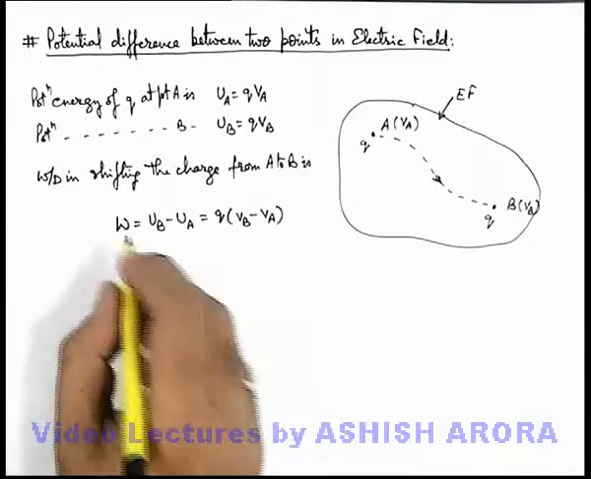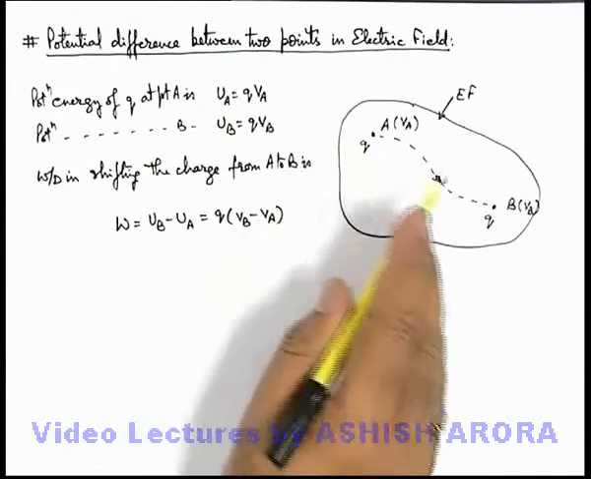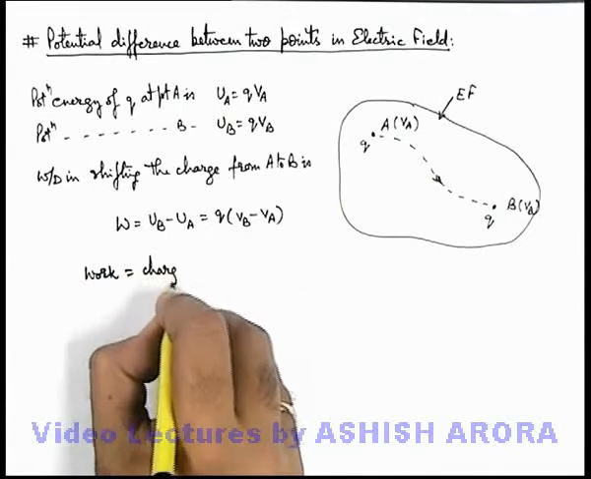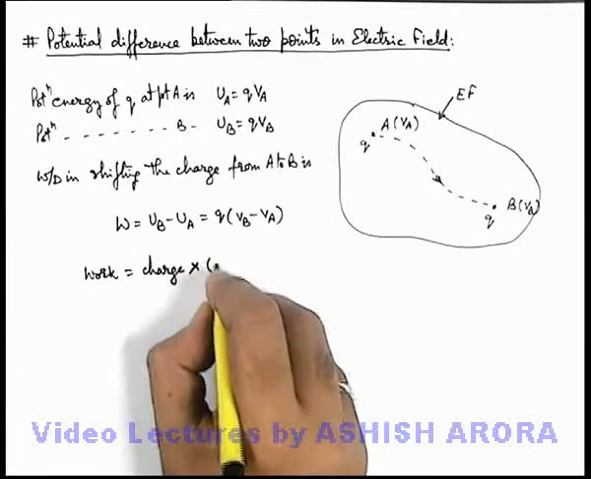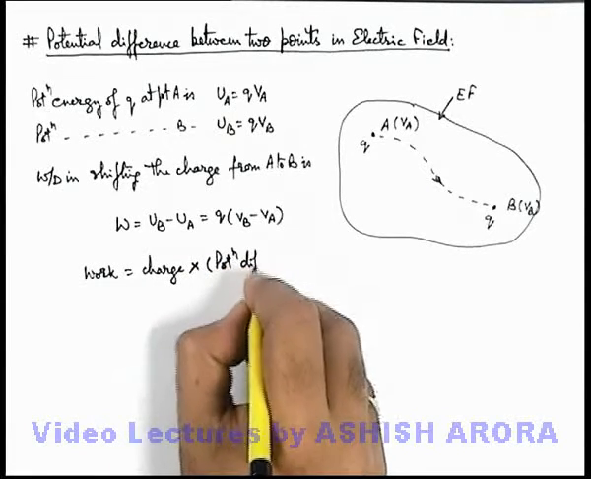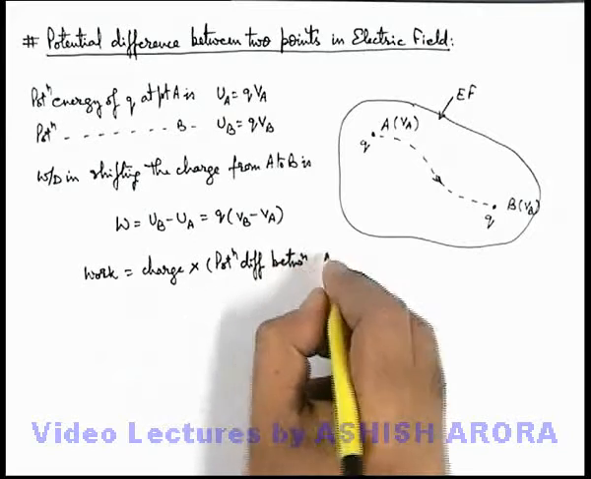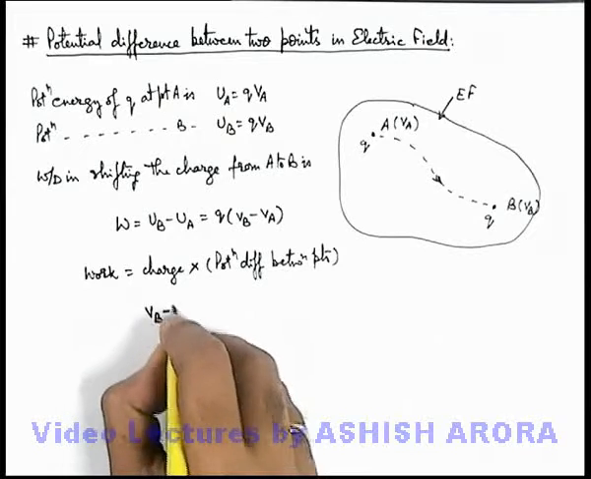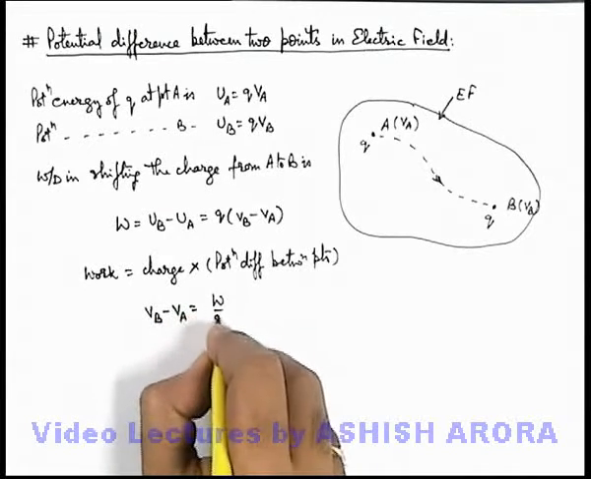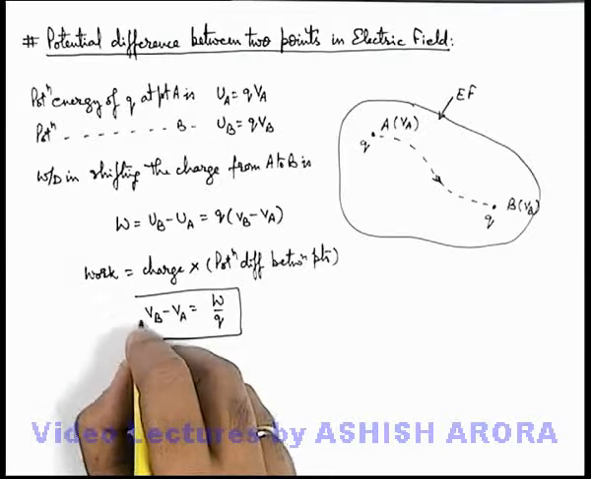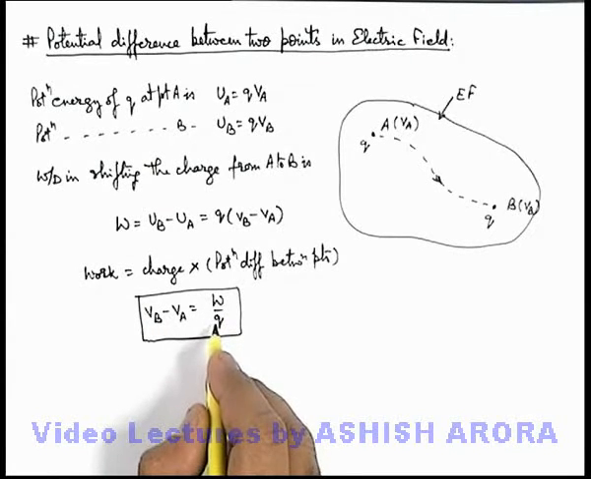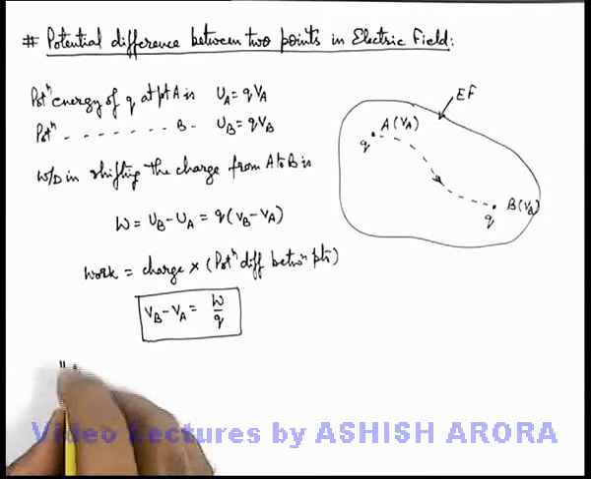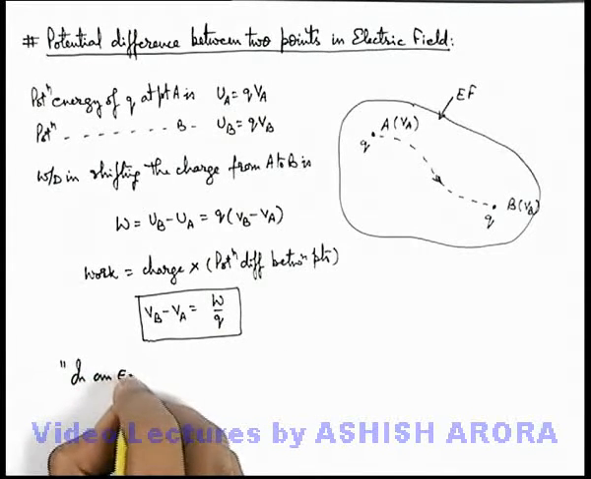So always remember, whenever a charge is shifted from one point to another in an electric field, the work can be given as the product of the charge which is shifted and the potential difference between the points. This is the way we calculate the work. So here VB minus VA can be written as W by Q. So the potential difference between 2 points is the work done in shifting a unit positive charge from one point to another. This can also be defined as: